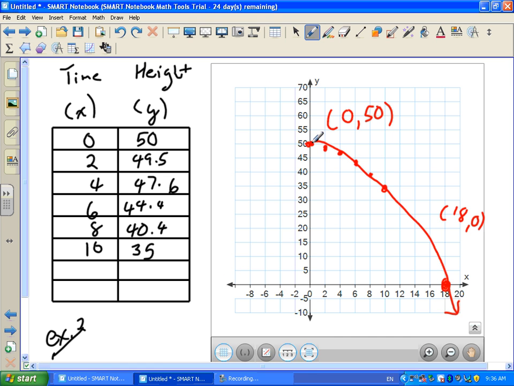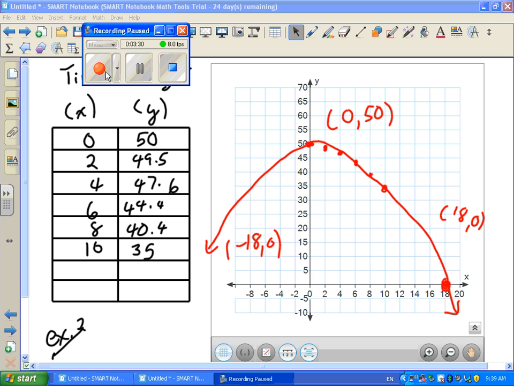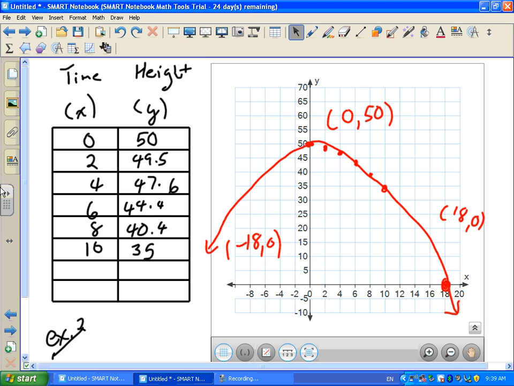Negative 18. Now, I know that goes off our graph here. It'd be somewhere out there. But because this is a mirror image, a parabola, this is our axis of symmetry, comes right down the vertex. That's our axis of symmetry. So our first x-intercept is positive 18. Our second x-intercept is going to be negative 18. So we can estimate that, with our two x-intercepts,